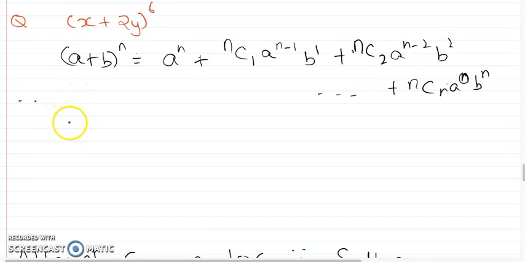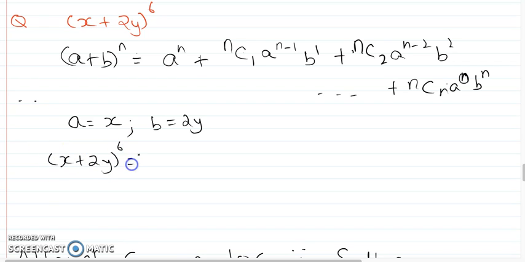So first what we need to do is identify a. What's a here? What's b? Okay, if a is x and b is 2y, let's expand it. We'll get (x plus 2y) power 6 is the same as x power 6, because n is 6, plus 6C1 x to the power 5 and (2y) to the power 1